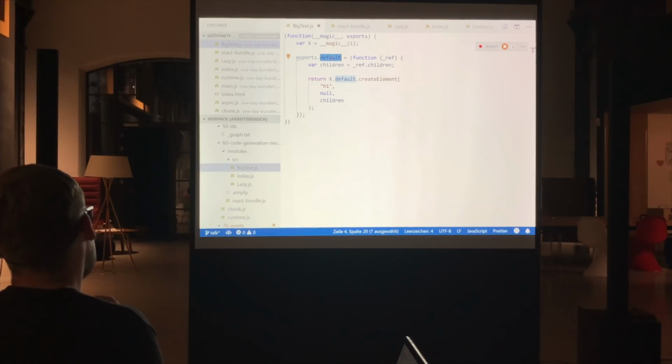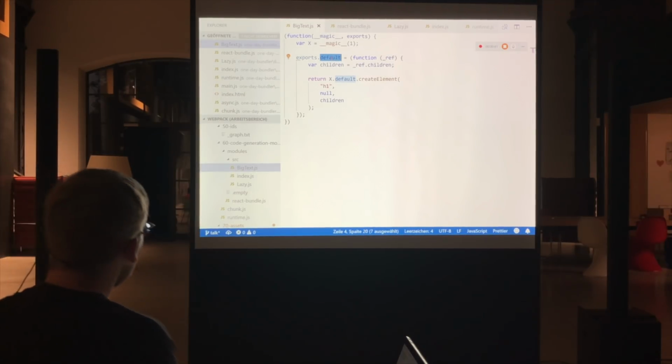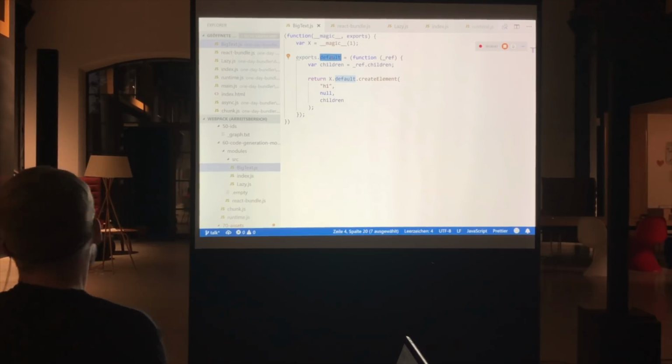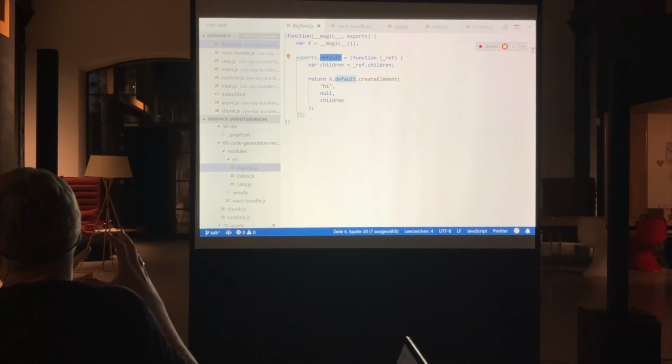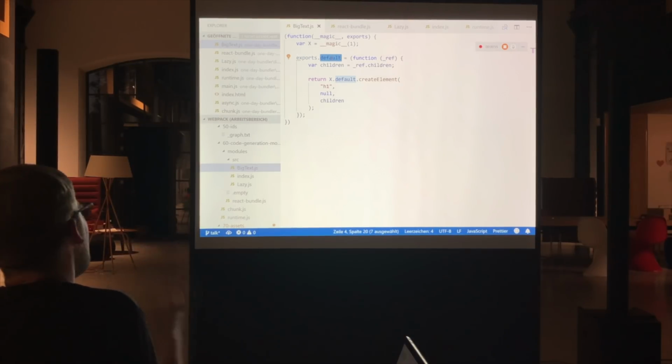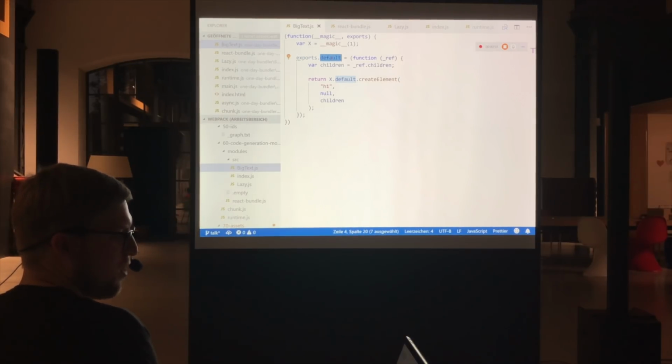So it's more complicated in reality. But for the simple example, it works with very simple things, and the idea was to get an understanding of what a bundler does, and it doesn't matter if it's real. In reality, it's a bit more involved.